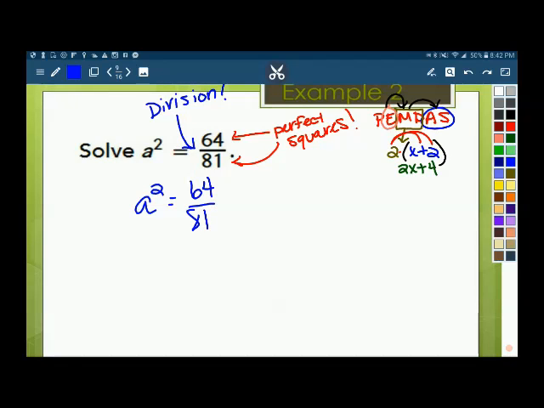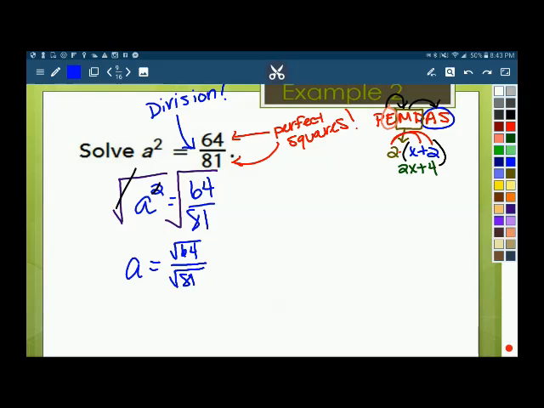I notice that A is just being squared, so I'm going to square root each side to undo it. Okay, that cancels the squared symbol and the radical, or the root symbol, which leaves me A is equal to, and now I can actually distribute the square root symbol between the two numbers on the numerator and the denominator. So I can say that this is the square root of 64 over the square root of 81. I basically just distributed to both the numerator and the denominator that square root symbol that was over both of them,